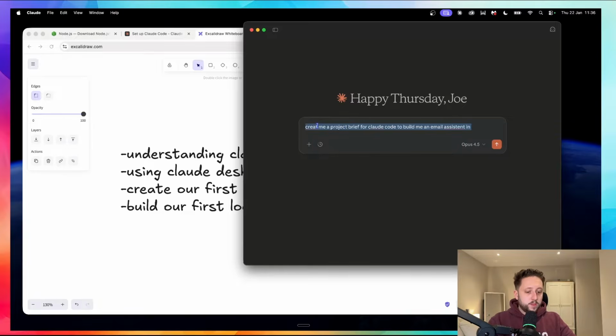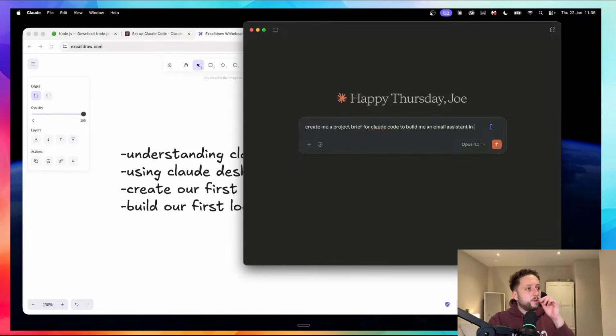One of the easiest things, one of the best hacks I've got, is get Whisper Flow. It's an app that you can talk into, and you can do prompts a lot quicker because you can just talk straight into your mic and it will pick things up. I can't do it now because I'm using my mic to talk. So